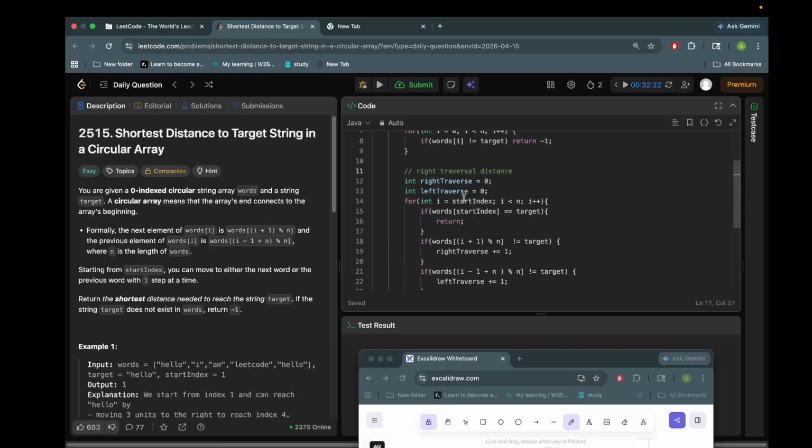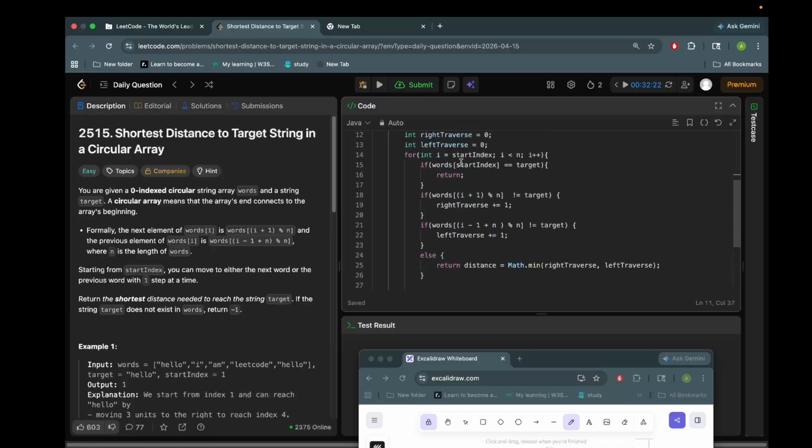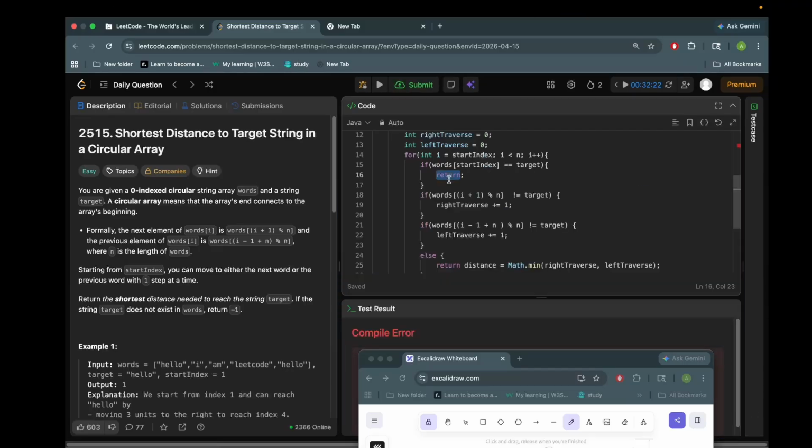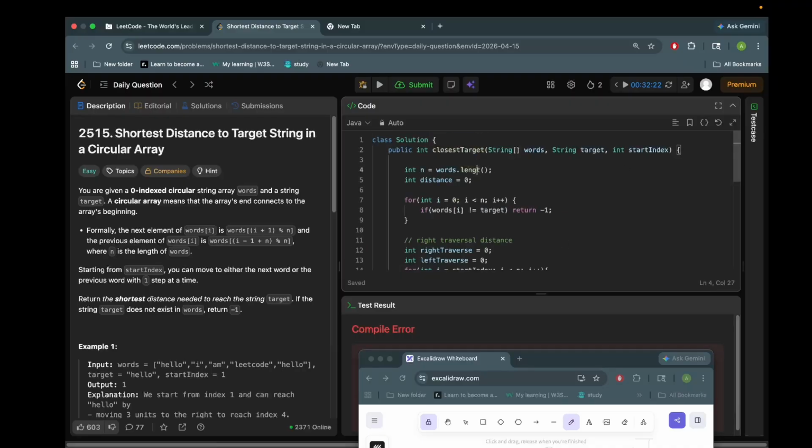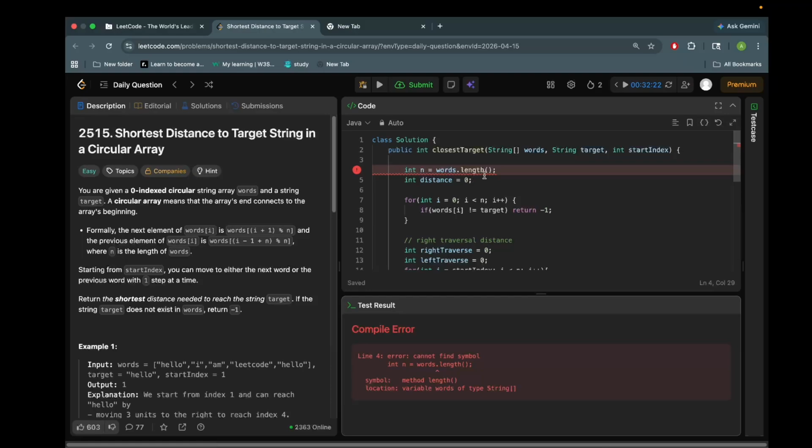So what's happening in this loop is we start at the index where we're supposed to start, and we go n times. But let's say if this was equal to target, I think I might have mixed up the loop, but let me try to run this. It's probably not going to be correct. One of the cases might accidentally be correct. Oh, it should be break, sorry. It shouldn't be return. words.length